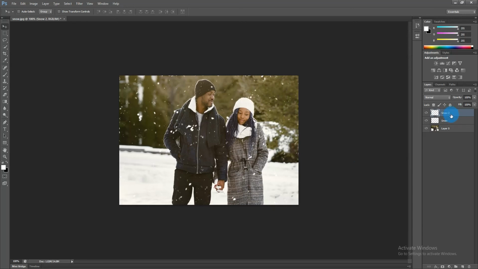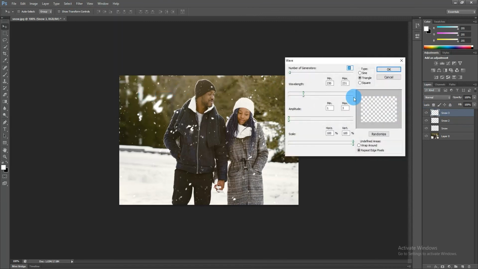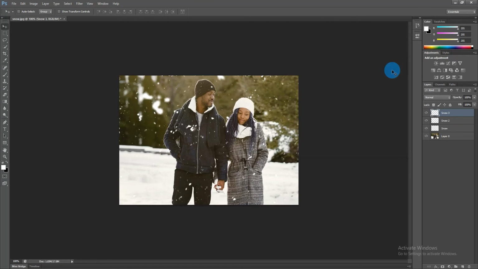Now we also make a copy of this layer, but this time we are going to copy the effects that we used here. So for it, press Ctrl plus A and Ctrl plus J. This will make a copy of the whole canvas. Now make the layer bigger, 300% again like before. Also again choose the wave effect. So for it, go to Filter, Distort and Wave. Keep all settings the same. Press OK. It will make the look a little bit different now.